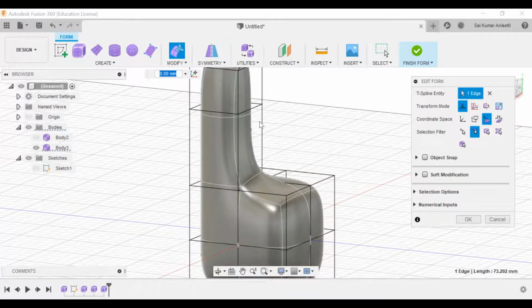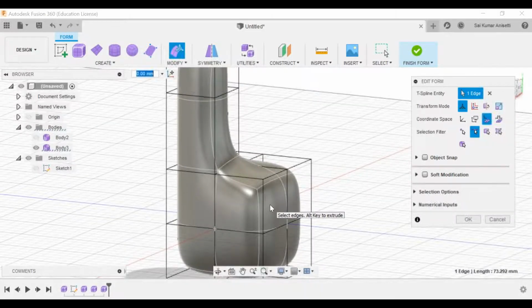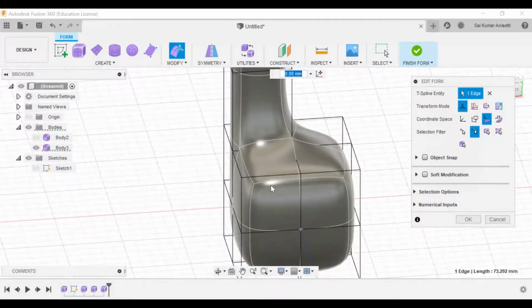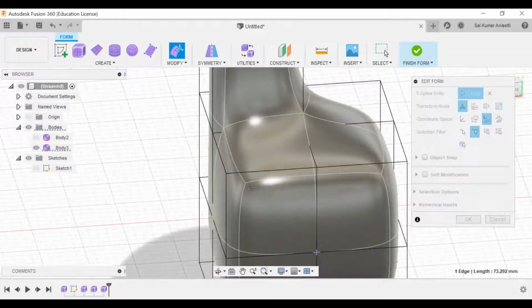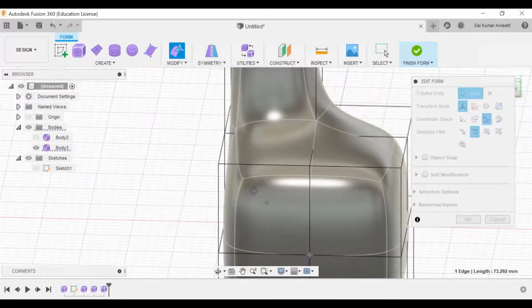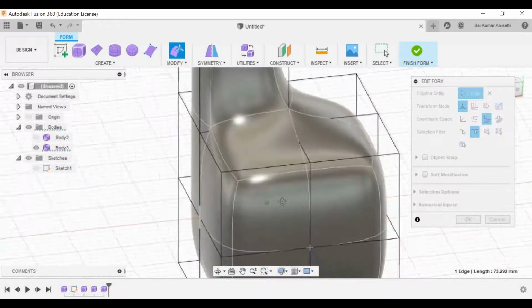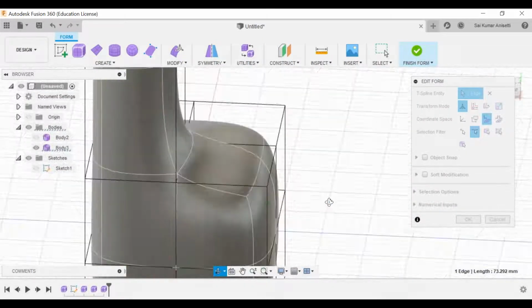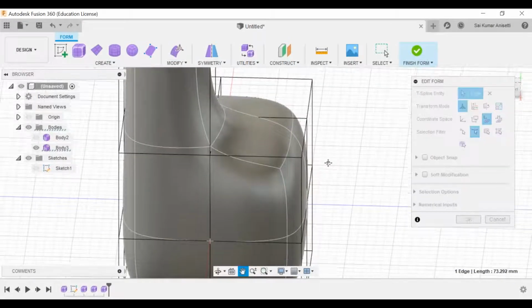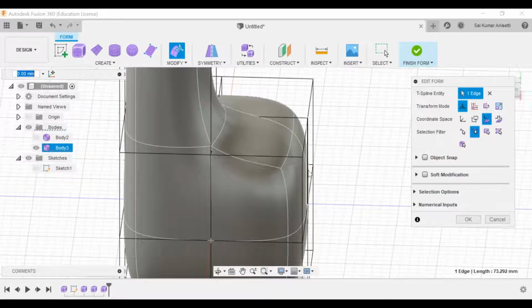See, this wireframe is your sharp edged one, and your actual curvature continuity is this one. I mean, this is your actual clay model. See, this is the difference between your curvature continuity and your sharp edged figure. You got the point? So it is adding. See, that is the graphics intensive.